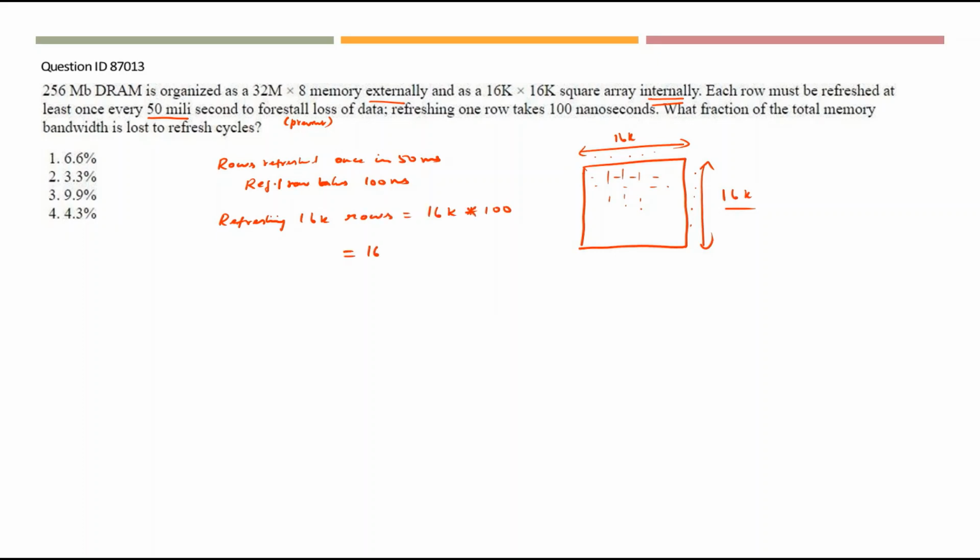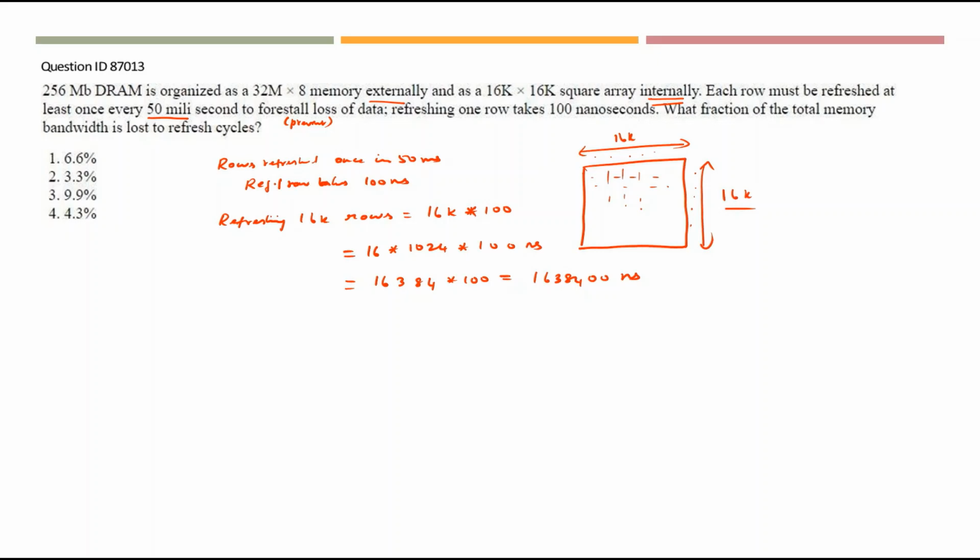So this K can be taken as 1024 into 100 nanoseconds. And here 16 into 1024 will give 16384 into 100 nanoseconds, which is equal to 1638400 nanoseconds. Since they have given each row must be refreshed at least once every 50 milliseconds, we have to